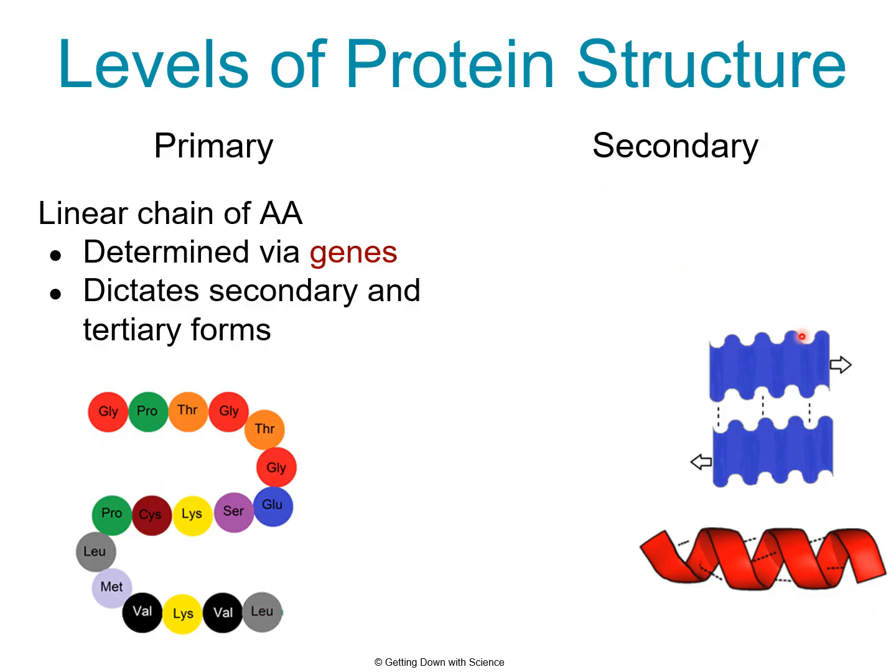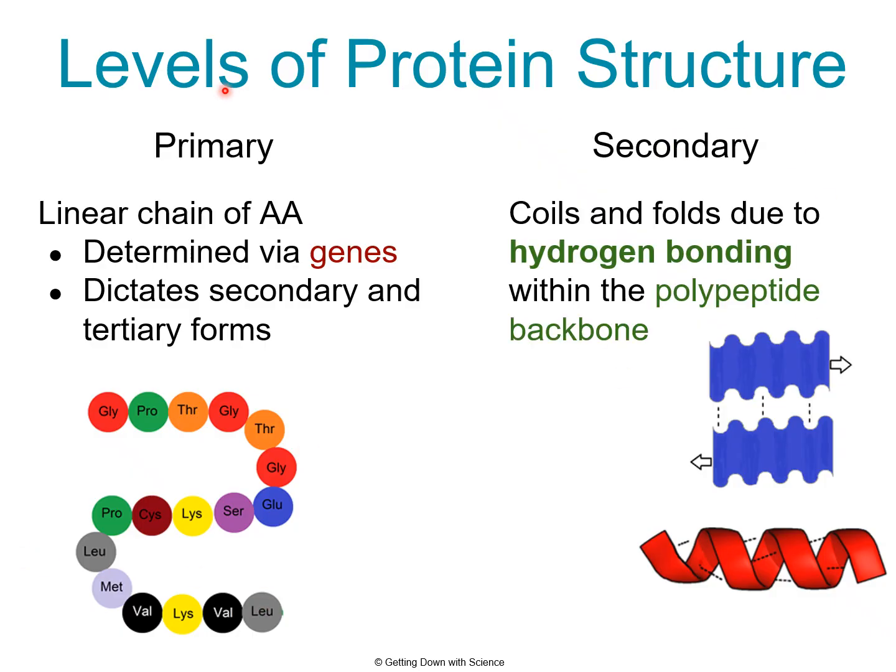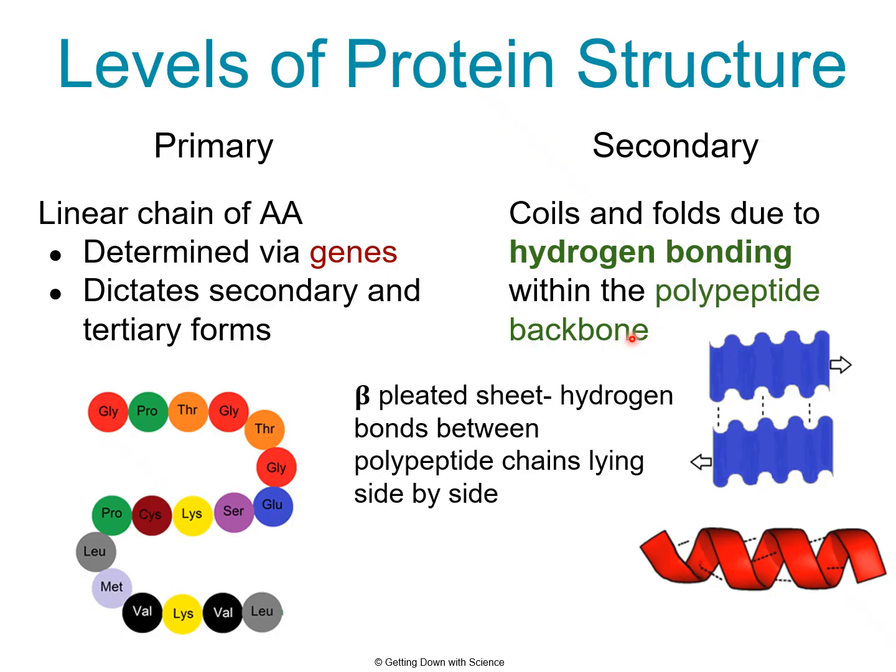Now, the secondary level, which is determined by the primary level, is pretty much when proteins are folded, or they're beginning to fold in a way that they form coils due to hydrogen bonding between the peptide backbones, right? And when we talk about the peptide backbones, we're talking about the parts of the protein that are not the R groups. So, based on hydrogen bonding between those peptide backbones, they can form what are called beta pleated sheets,